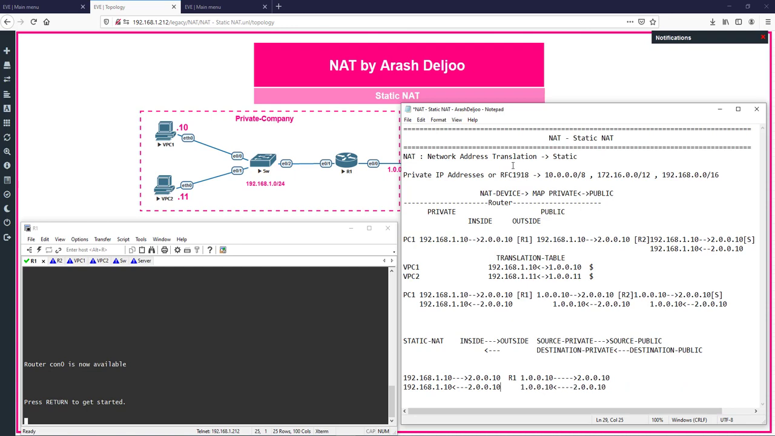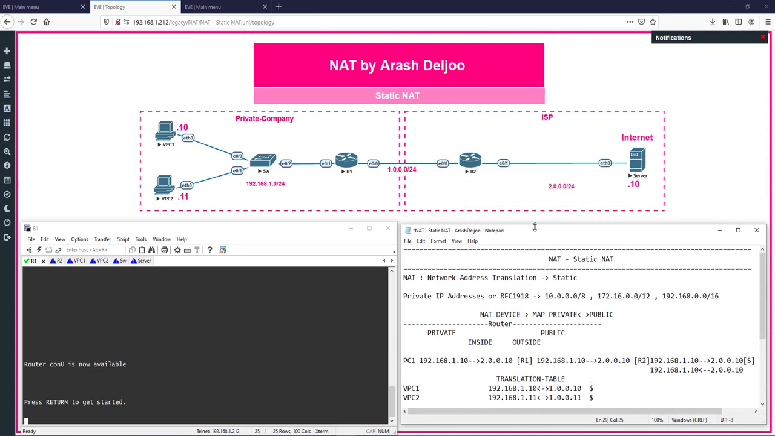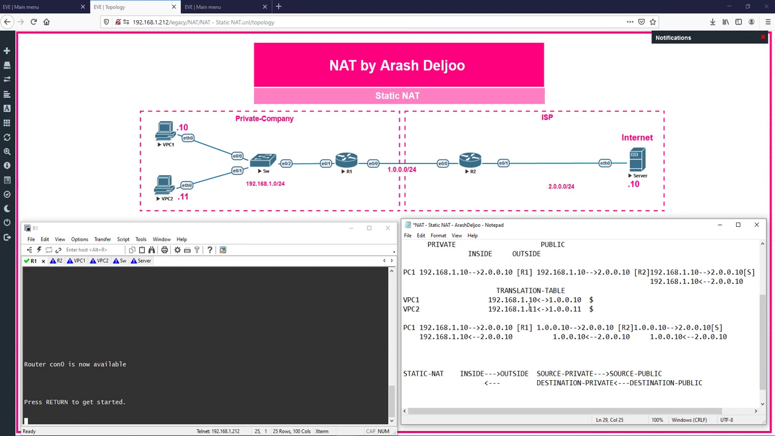You should configure the translation table in R1, and R1 can use this translation to find which source IP should be translated, which private IP should be translated to which source public IP in the